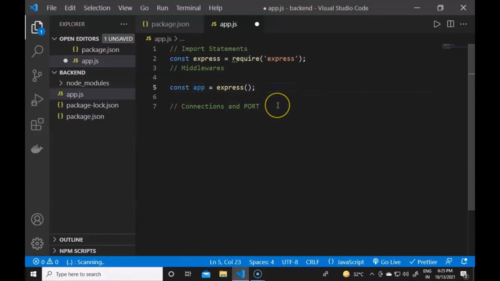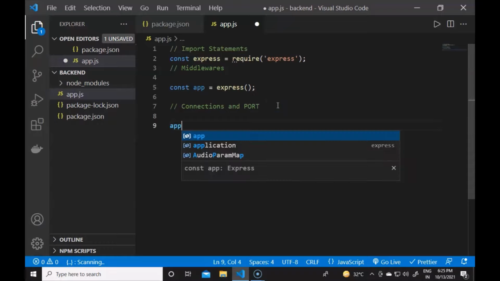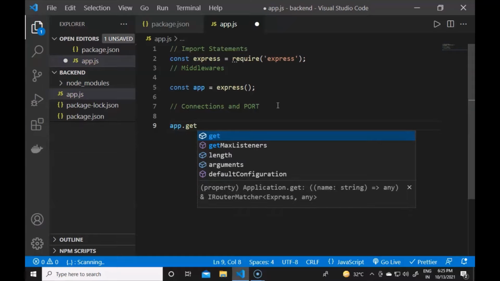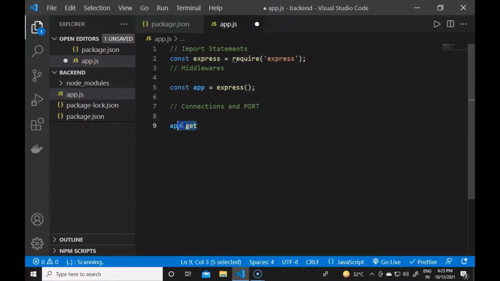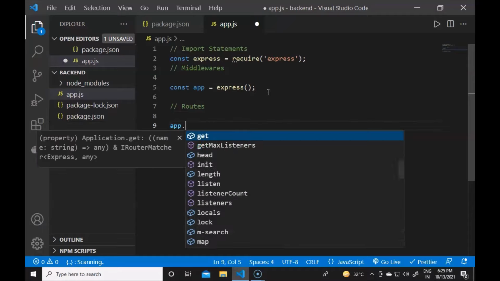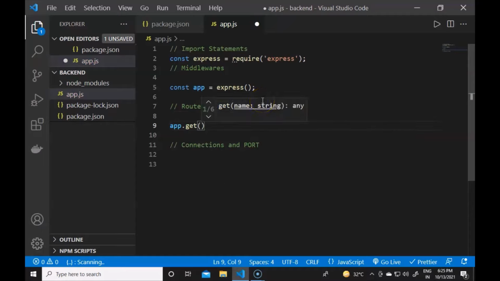So now for the connections and the port, we can listen to the connections. The routes will be in the middlewares, and then we can create routes, and it will be the app.get function, the get method of the HTTP request. Then the slash, and then the callback function.